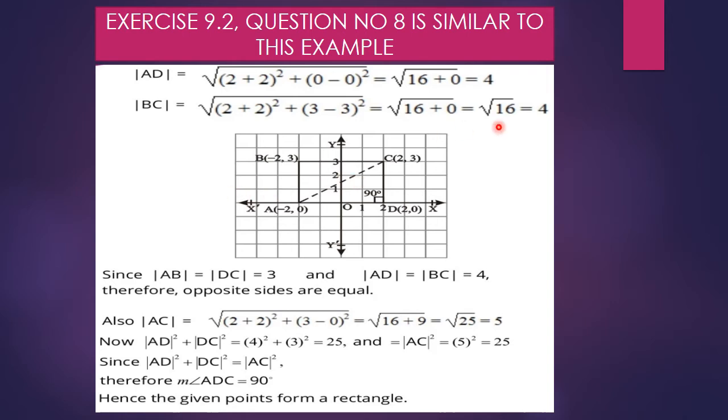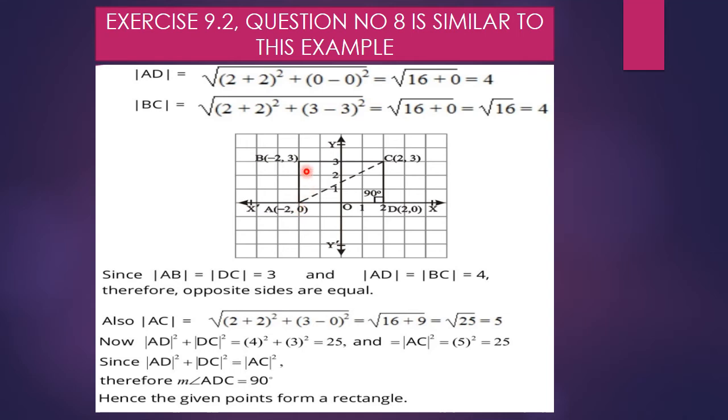Now we are going to plot these points on the graph paper. The A point was -2, 0. The value of the x or abscissa is -2 and the value of y or ordinate is 0. This means this point will lie on the x-axis, and as the value of x is negative, so this point will lie on negative x-axis. So here you can see it is on the negative side of the x-axis, which is minus 2, 0.